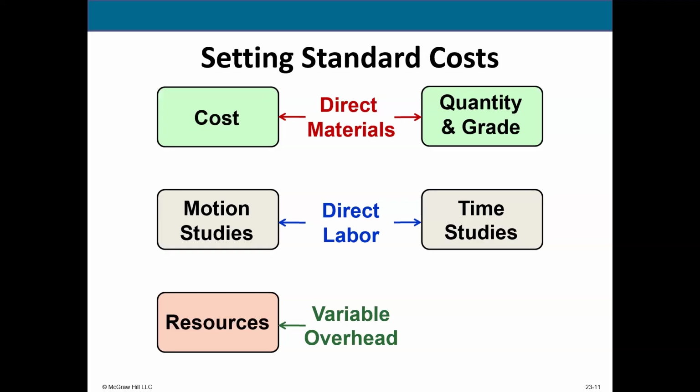For direct labor, we are looking at how much we normally pay our employees, our standard rate, and we're also looking at the standard number of hours it takes to produce a single unit. So, for example, it normally takes 2 hours to produce one baseball bat at a rate of $15 per hour. Okay, that's my standard.